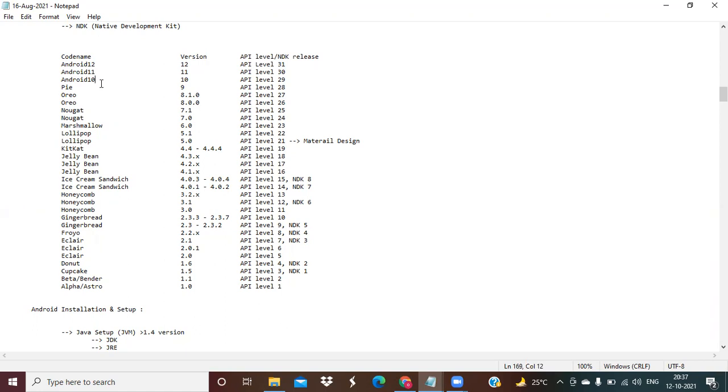I have given 10, 11, 12. Okay, 10, 11, 12. This one is Q, R, S. So the latest version we are working with is API level 31. Its version number is 12.